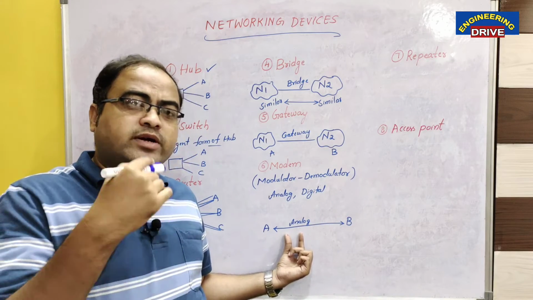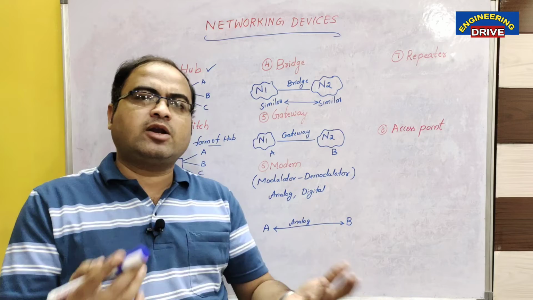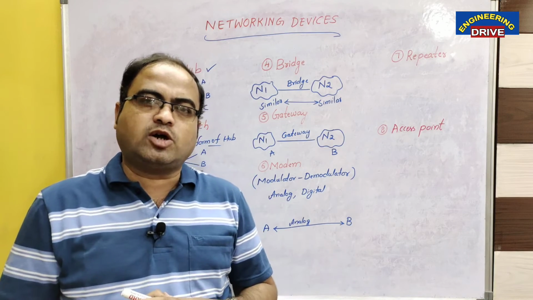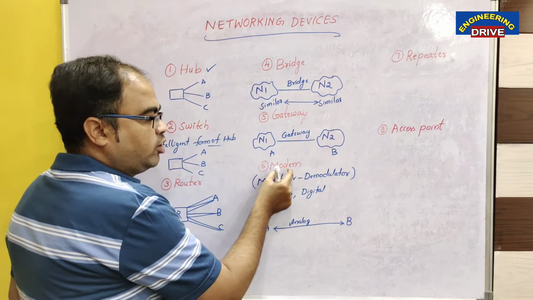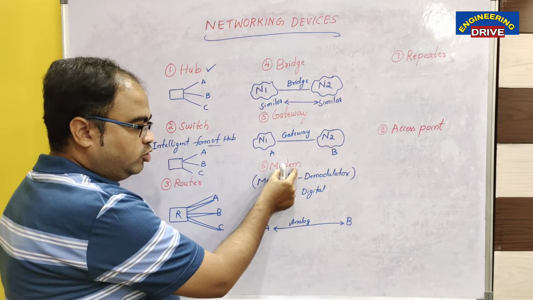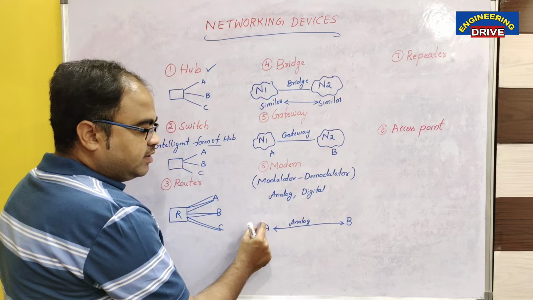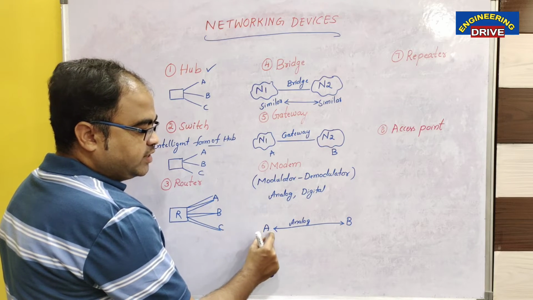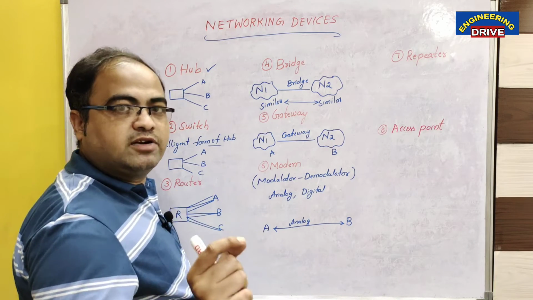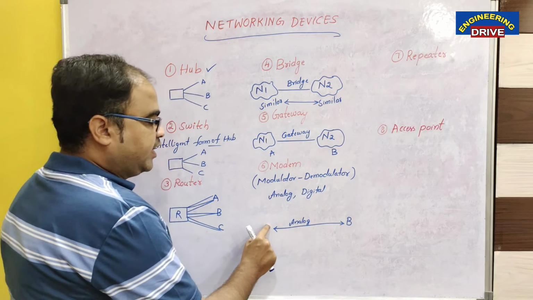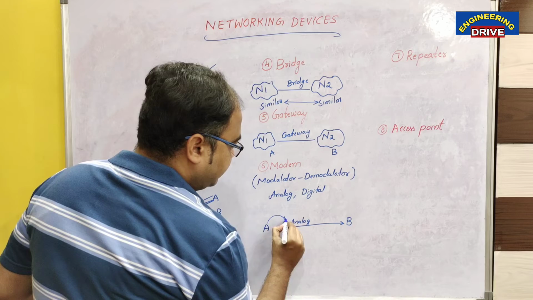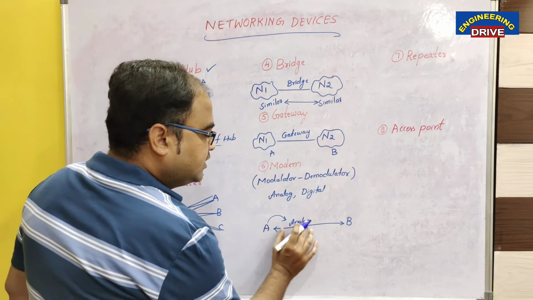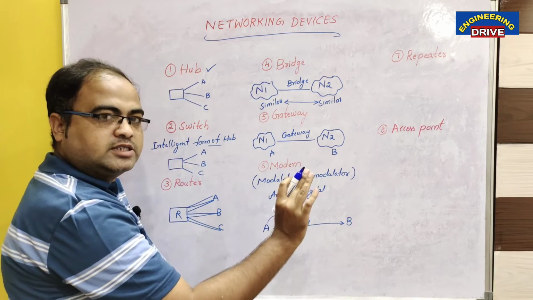But in order to transmit, the data must be in analog signal. Sir, how will this problem be solved? The problem is solved with the help of an electronic device known as a modem. What this modem will do is take whatever data the user has prepared, which will be in digital form, and convert that digital data to analog signals. These analog signals will be transmitted to the receiver.